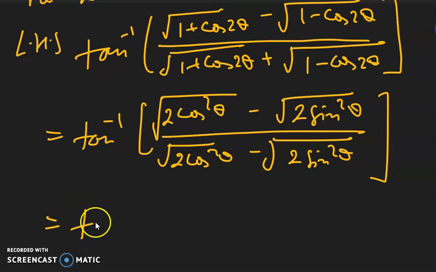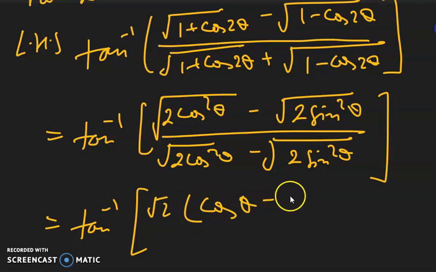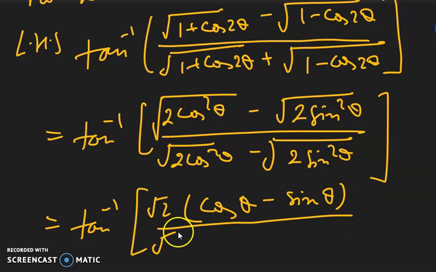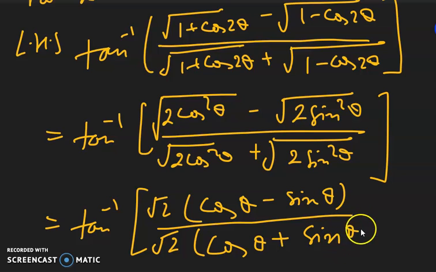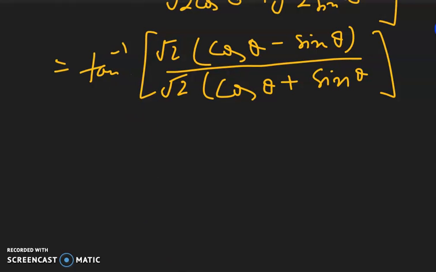So here we have tan inverse. Square root 2 can be taken common, and then I get cos theta minus sin theta divided by square root 2 common, cos theta plus sin theta. Alright. So this square root 2 and square root 2 should be crossed out. Okay. And what I am left with is equal to tan inverse of cos theta minus sin theta by cos theta